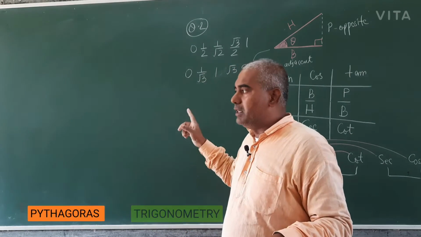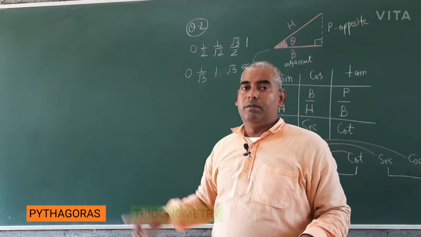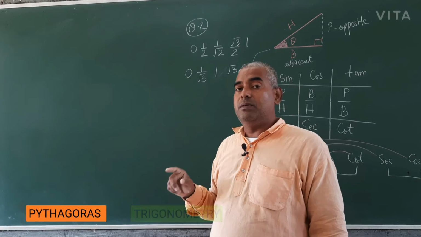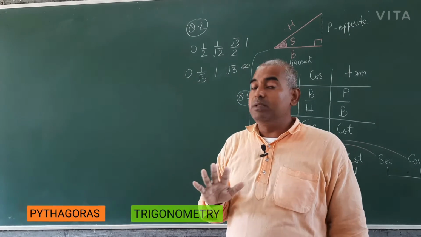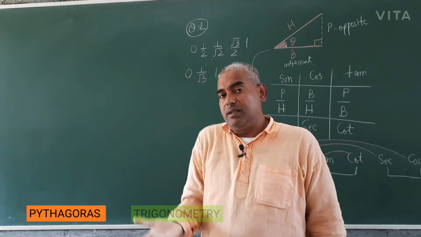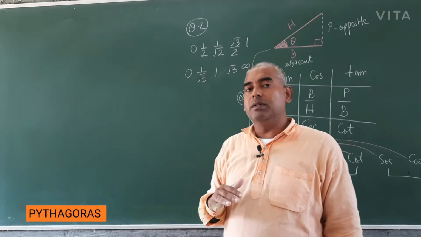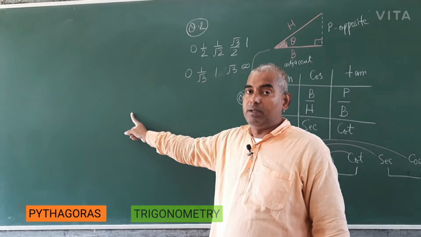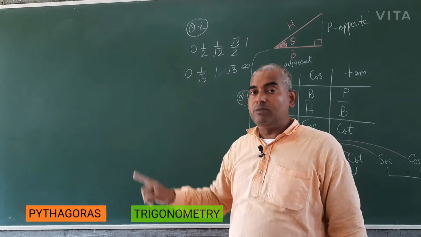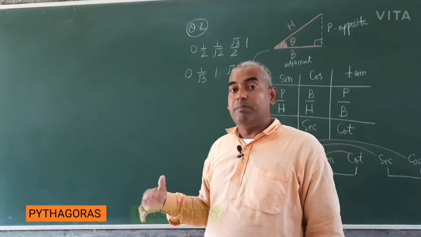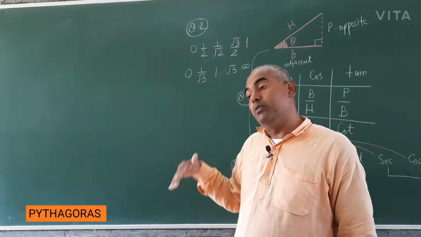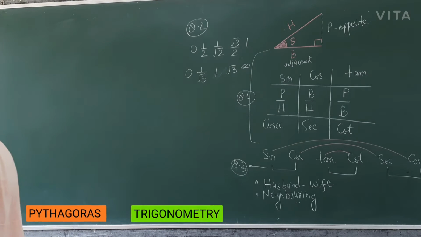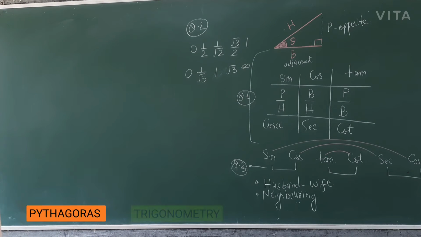And another one is the Pythagoras theorem. Actually Pythagoras theorem is not basic, it is a result. Pythagoras theorem can be proved with the help of the basic proportionality theorem. In spite of that, Pythagoras theorem is a very important result, so we prove it. Similarly, we will use Pythagoras theorem in trigonometry also, in a new format.